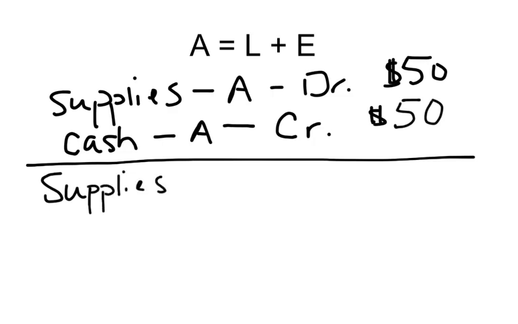And just like on your T account, debit is left and credit is right, you're going to put the debit in the left-hand column and the credit in a right-hand column. We call this a two-column journal, or two-column journal entry, same thing, but it goes in the journal, so that's why I refer to it that way. So, supplies, we're going to debit or put in the left for $50. Alright, our second account, we only have two. Now we're starting with the credits. So we're going to indent this just a little bit so we can easily tell what accounts are being credited. So we're going to have cash here, and we're crediting it, so we're going to put in the right column